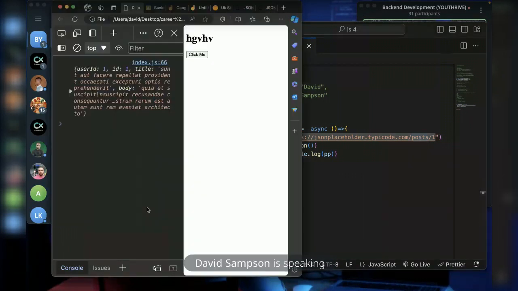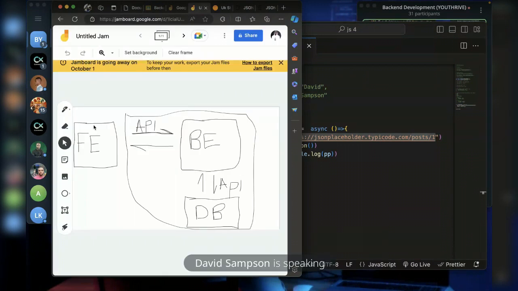From the diagram here, if this front end makes a request to get the post, the API will accept the request, go to the database, find where the post is saved, pick it up, and then send it back to the front end.